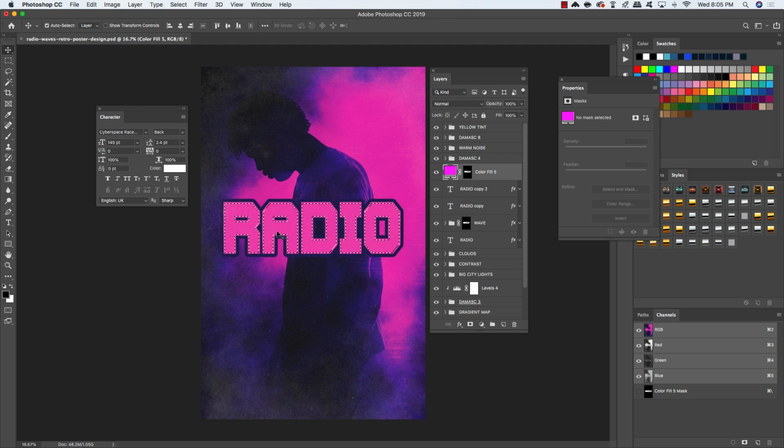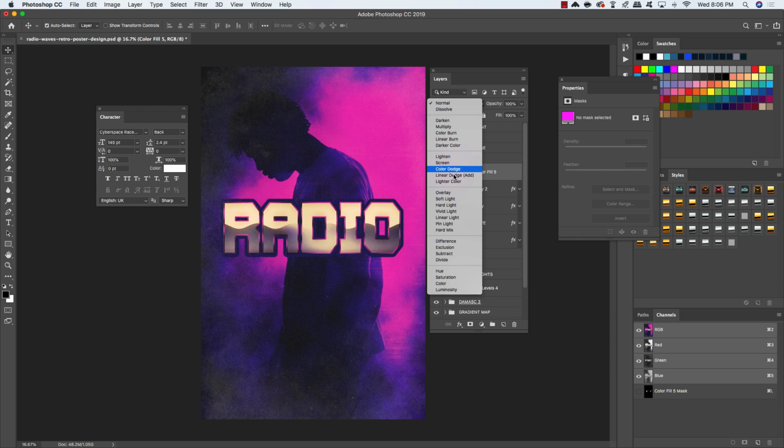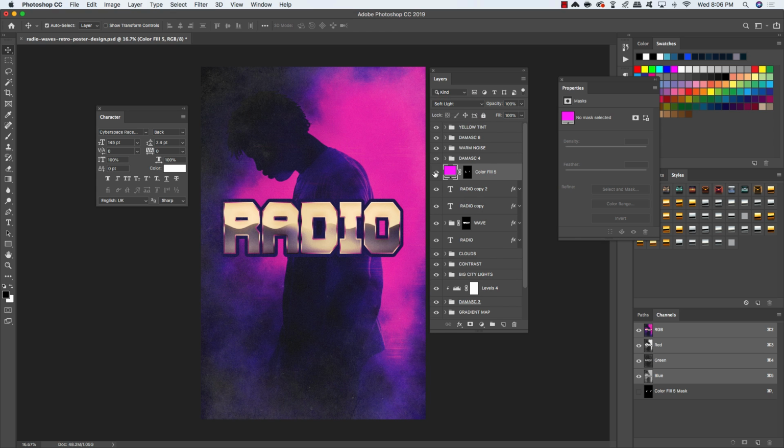click OK. And now select that layer mask, make sure you have a solid black foreground color, and press Alt-Option-Delete to get rid of everything inside of that selection. And now press Command-Control-D to deselect. And from here we can select that layer and change the blending mode to, let's go with soft light for now. All right, so that just adds a bit of a magenta tint on top of our metallic stroke